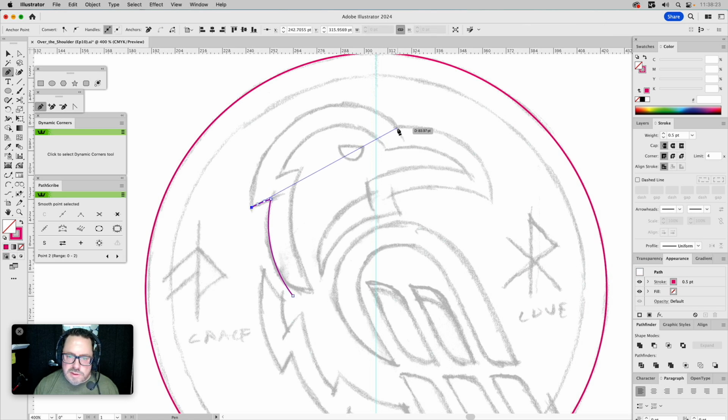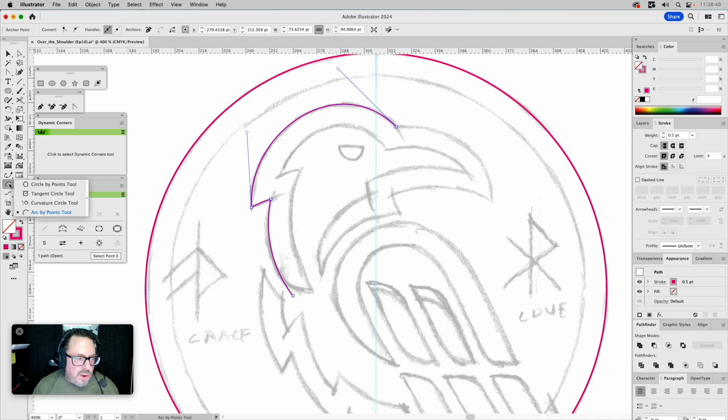And I go here to this corner like that, grab the anchor point tool, and then you could just grab the path, reveal the Bezier handles, and then you could build this. I think it's a shallow enough curve that we don't need another anchor point in between these two. Kind of like that. Now, if I go back to the, I always forget what this is called, the Arch by Points tool, then I kind of click here,